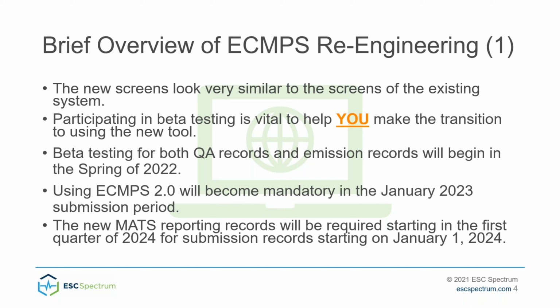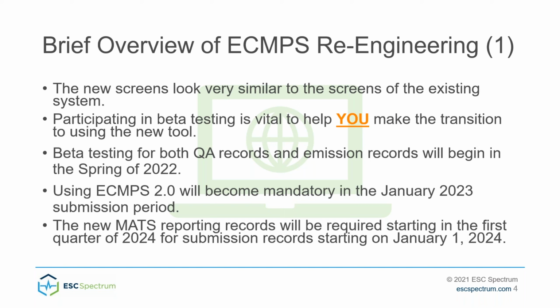Beta testing initially will be just for the monitoring plan records, but it will transition into beta testing of both the quality assurance records and the emission records, which will begin probably in the spring of 2022. And then using the ECMPS tool will become mandatory in January of 2023 for the data that's recorded in 2023. So if you are